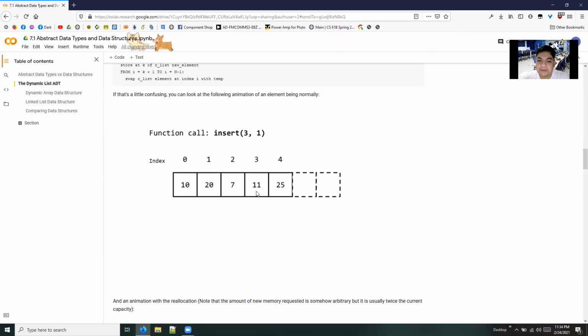So what if we fill the allocation, or the amount of memory given to us by the computer? What the program does, or what Python does under the hood, we don't even notice it, is that it requests more memory from the computer. And yes, it can do that as long as there is still memory that isn't used. You can still request for more memory.